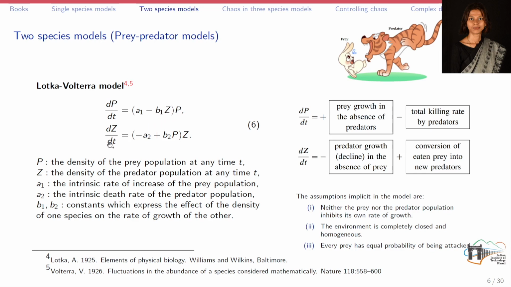Similarly, in the second equation, the rate of change in the predator population is equal to minus a2z, which is the decline in the predator population due to absence of their food, and another term, plus b2pz, which is the conversion of the prey population into the predator population due to predation by the predator population z. So this was one of the basic two-species predator-prey models used in literature,